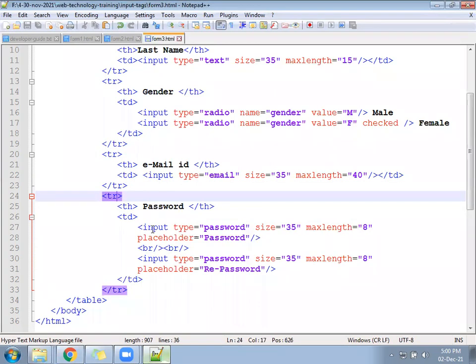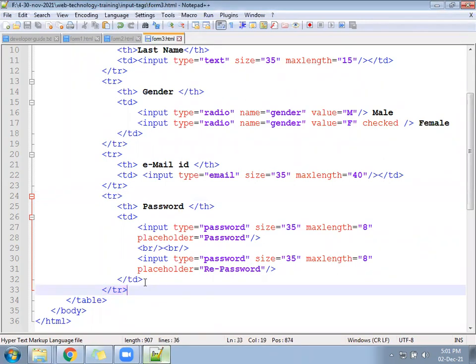We are learning how to type the HTML code. Working.